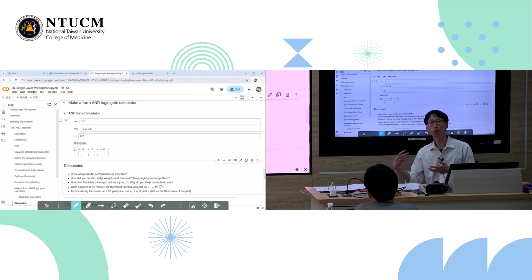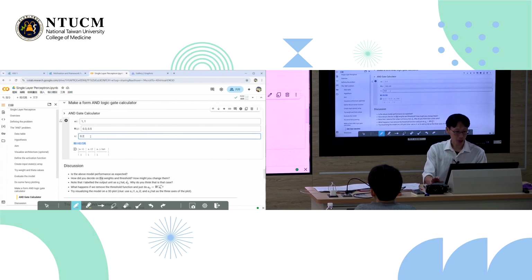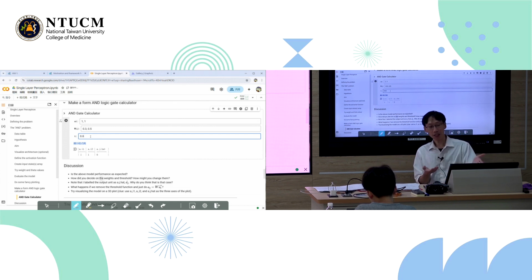So in other words, it can be wrong. It can be off, right? And that's why it is an estimate. It is an AJ hat rather than the actual AJ. Now, to the extent that AJ hat equals AJ, then our model is correct, right? But if AJ hat is wrong, for example, if I set the threshold to 0.6, oh sorry, it still works like this. Okay. So for example, now AJ hat is not equal to AJ, right? So that means my model has failed, right?